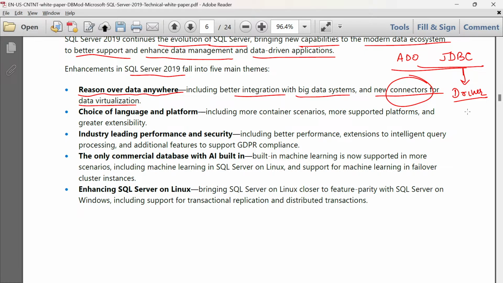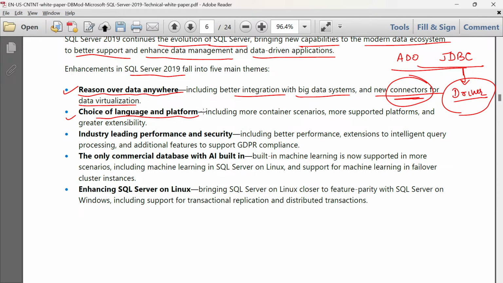So for that, we have a middleware called drivers, which enables communication between a front end and a back end. So you need connectors which will help to connect your front-end systems to your database systems. Then the second one we have is the choice of language and platform.